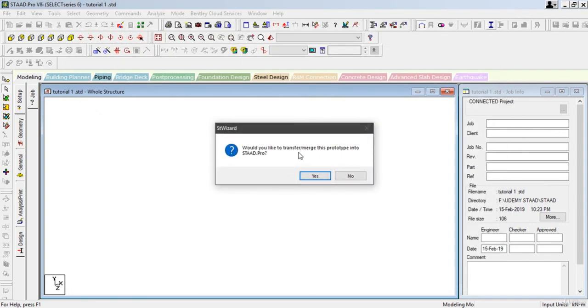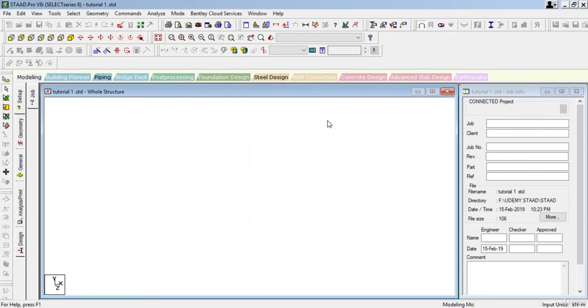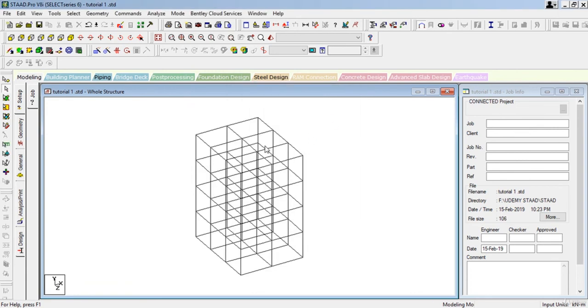Would you like to transfer or merge this prototype into StatPro? You need to select yes, and after that it will ask on what coordinate you want to import that grid frame model. So we can import it on the origin only. We need to left click on OK. So here we have imported a simple grid frame model, and